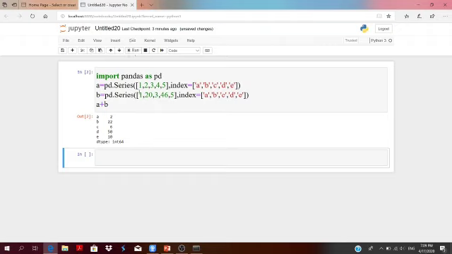See here, the first element of A will be added to the first element of series B. Similarly, the second element of series A will be added to the second element of series B. And this is the result.